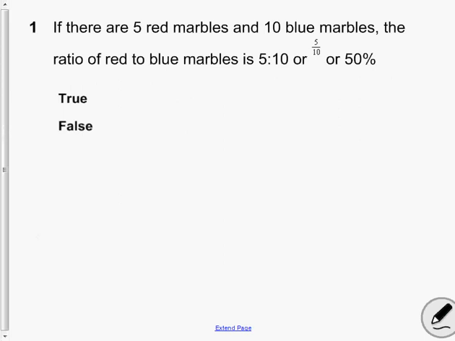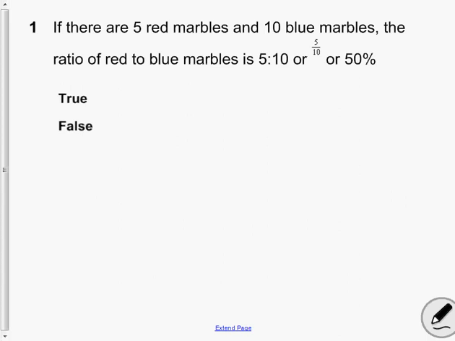Okay, this is the final review of Chapter 2, Ratio, Rate, and Proportional Reasoning. This is your May-June review. The first questions are true and false. It says, if there are 5 red marbles and 10 blue marbles, the ratio of red to blue marbles is